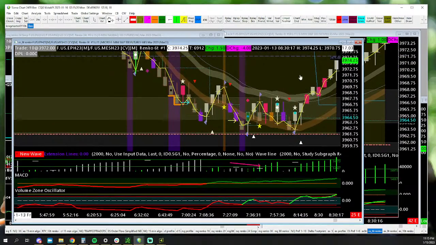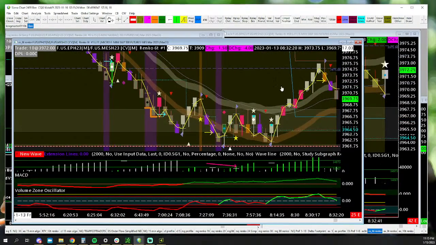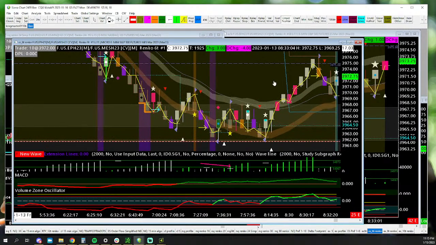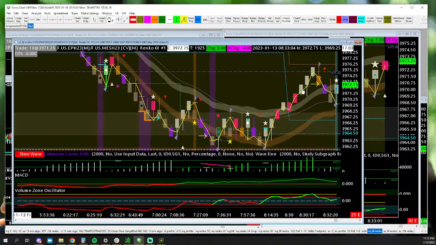I didn't actually look and see if I did get a pullback. Let's see if I do. Okay, there's our pullback. Okay, star, right? And so now I didn't get the pullback I wanted. Should I just give up on the trade? No, because I've still got aggressive volume, right? No question. There's more buyers and sellers here. Notice sellers are very weak. So I just have to start over the process.